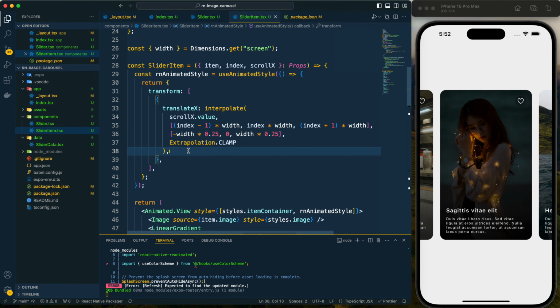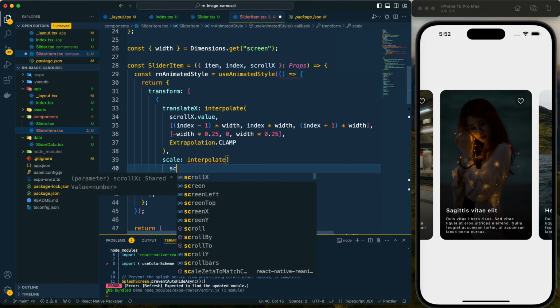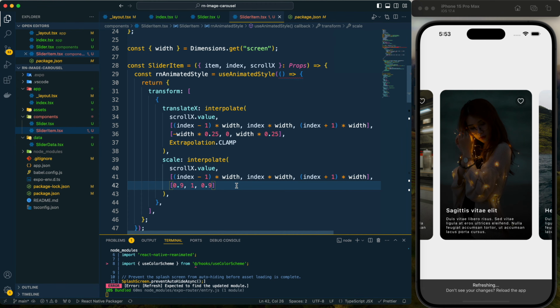Now after this translateX I need to provide the scale, and let's provide the animation for it, and here the value of it will be the same and the input range will also be the same. However, the output range would be a different one. It will be 0.9 for the previous, and same would be for the next item, and for the active one it would be scale 1 as normal. So now let's save it,